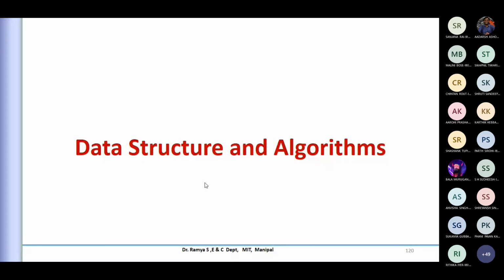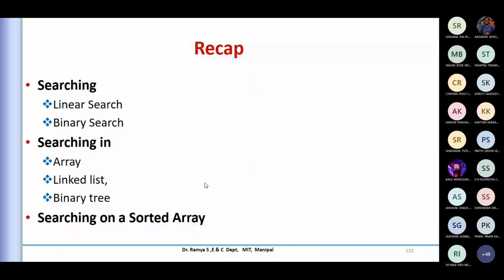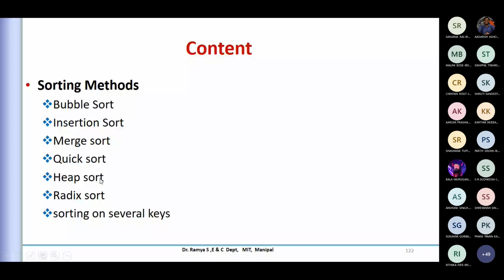Okay. So we will go with our recap. We have already completed the search, binary search and linear search, which we did with the different data structures. Then we started with our sorting methods. Almost all the sorts we covered. You can see the bubble sort, which is the simplest of them. Then we saw insertion sort, merge sort, quick sort, and radix sort, a kind of starting with this. So today we'll see other kinds of information.